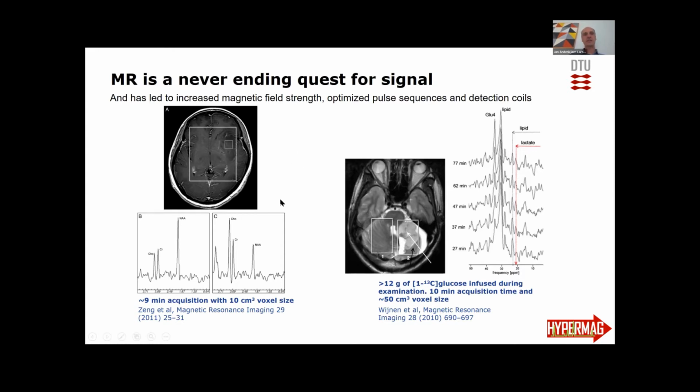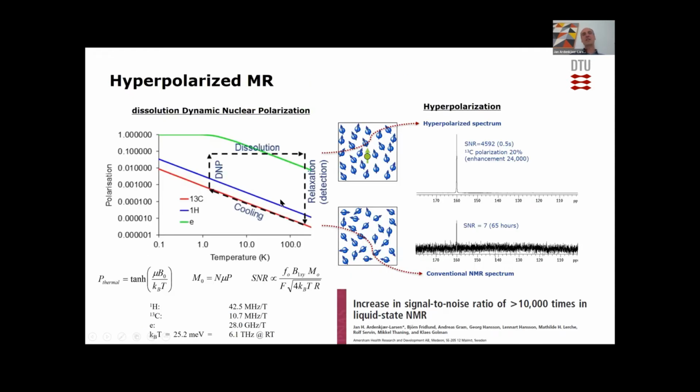And one of the techniques that we pursued was the hyperpolarized, the dissolution dynamic nuclear polarization. We also worked with parahydrogen. As many of you probably know, we had a very strong focus on that. Oscar Axelsson, Helge Johannesson, with colleagues and collaborators, developed parahydrogen for exactly the same purpose. But over the years, it turned out that dissolution DNP was a very excellent technique for providing hyperpolarized biological substrates